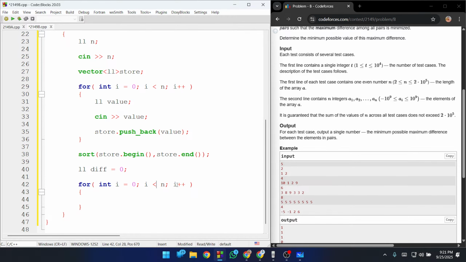Like half of n, because we're making them pair. N by 2 and equal 1. Okay. We have to iterate only half of the number of elements, and then we also need another variable for accessing